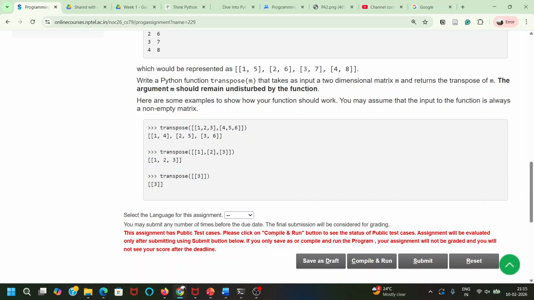But these are very good questions. You can learn a lot if you do the assignments on your own and try them. That's how you will develop your logical thinking. See, the only thing in programming is that you have to make a lot of mistakes. You have to get a lot of errors. Only then will you understand how the program works, and what are the errors that I